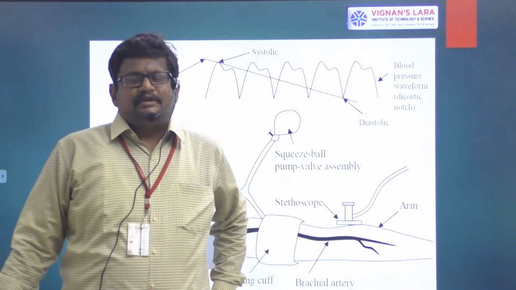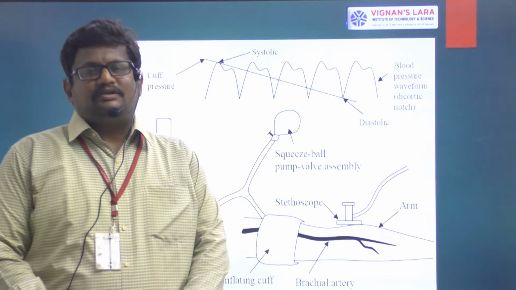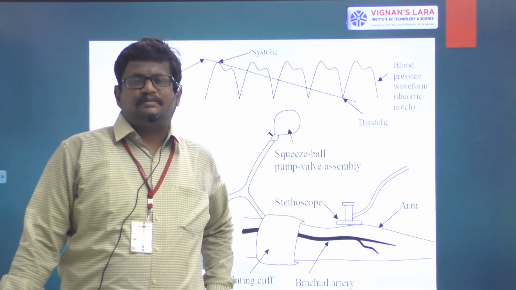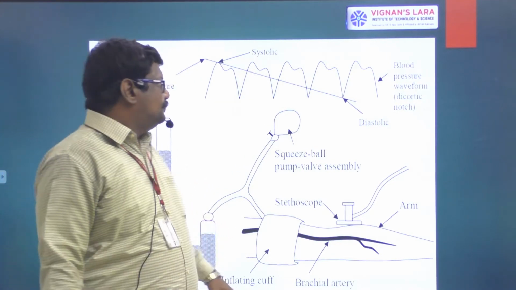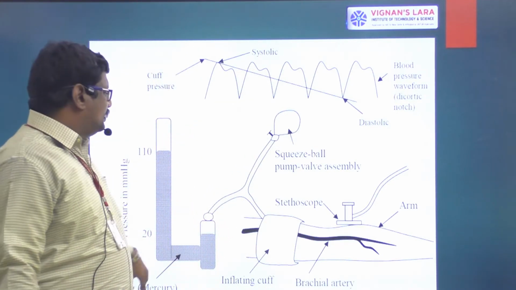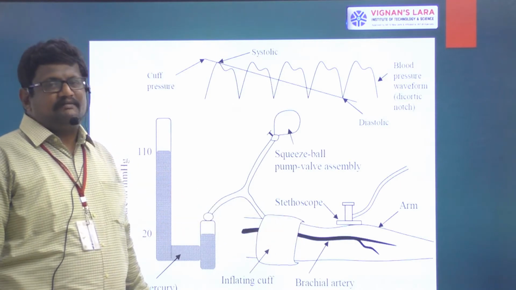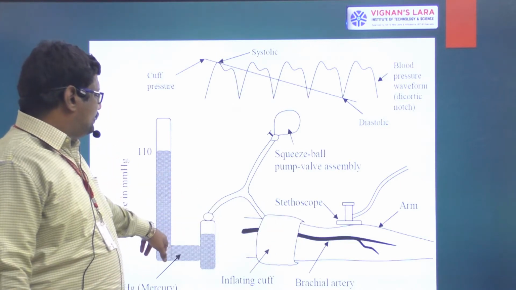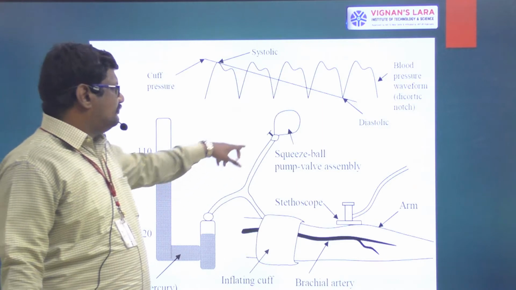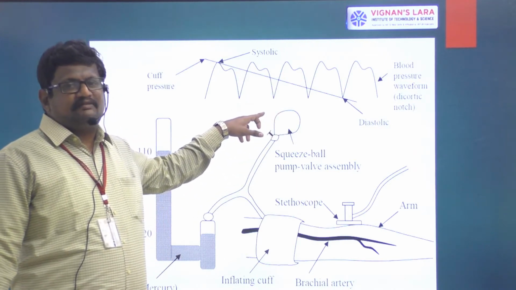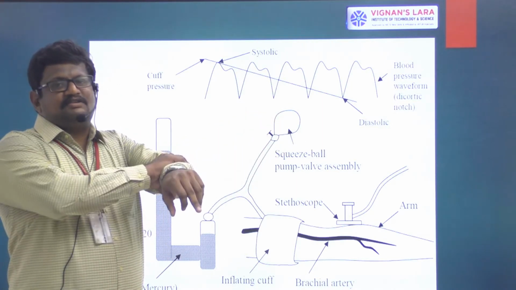Okay. Yesterday in biomedical instrumentation, Unit 3, we studied blood pressure measurement using the sphygmomanometer. The sphygmomanometer is the equipment used to measure blood pressure. What we discussed yesterday is that a manometer is placed, to which a cuff is attached. So what is done in the cuff? As I told yesterday, the cuff is inflated.